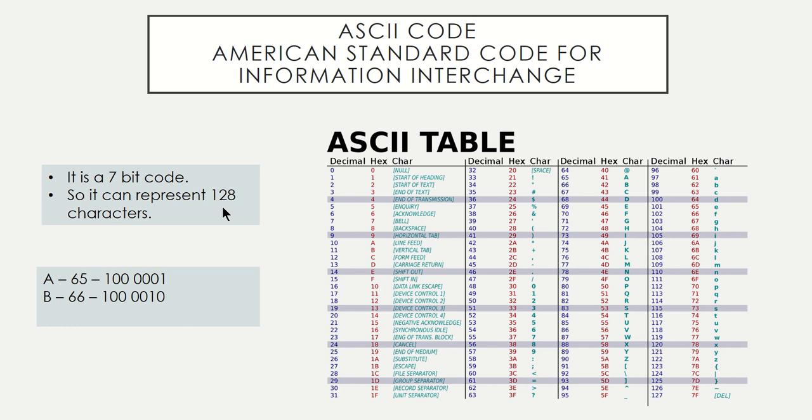So how have they represented this? This ASCII table will give you the complete set of 128 characters. So it starts from 0, and 0 means null. You may not understand, so just come here. What is the decimal equivalent? It is 65, and the character is A. That is the English alphabet A. The decimal equivalent of A is 65. This 65 will then be converted into a binary number.